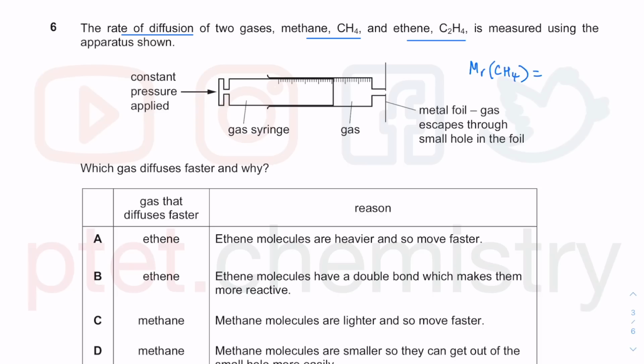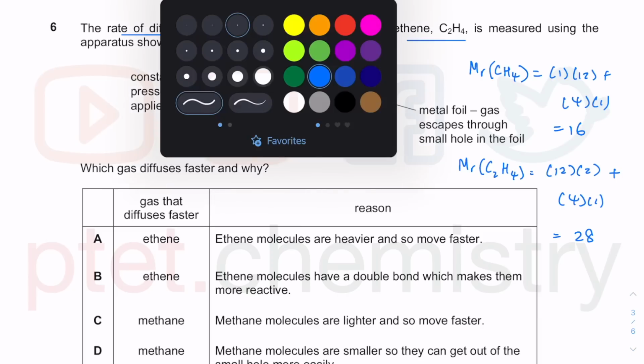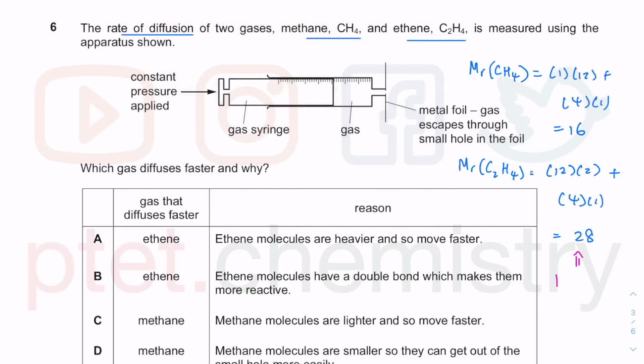So there's 1 carbon and 4 hydrogens. So 1 times 12 plus 4 times 1, that's just 16. And now the MR of C2H4, there is 12 for 1 carbon, and I have 2 carbons, so 12 times 2 plus 4 times 1, so there is 24 plus 4 is 28. So we can see that the MR 28 is heavier than the MR of 16, therefore this will diffuse slower